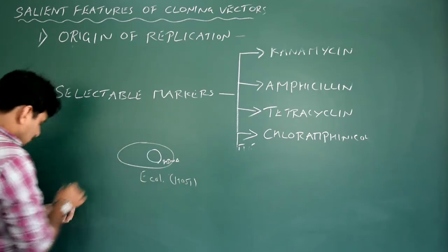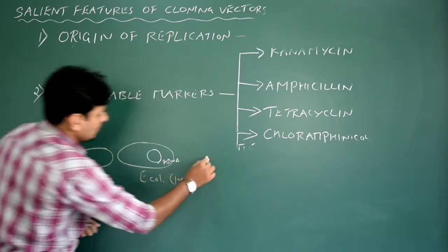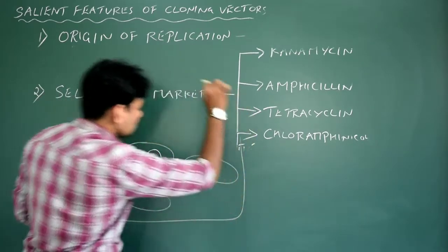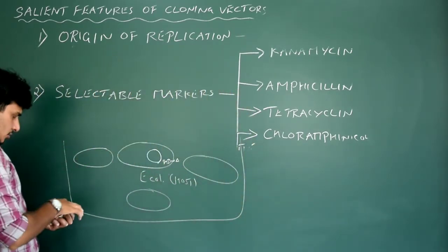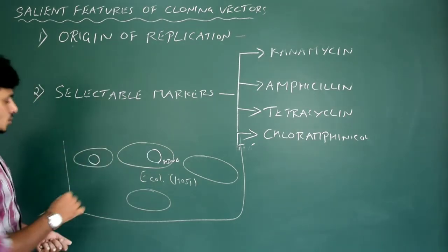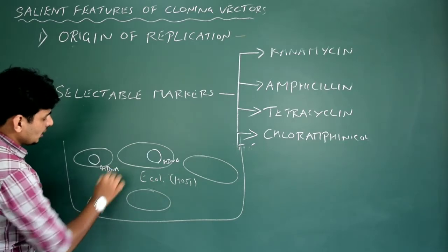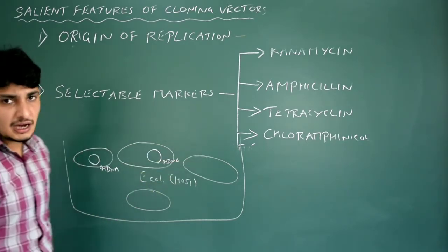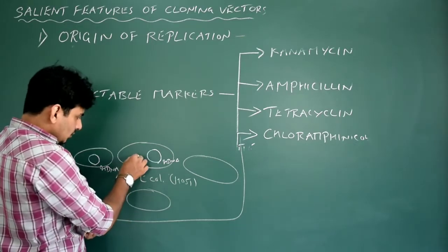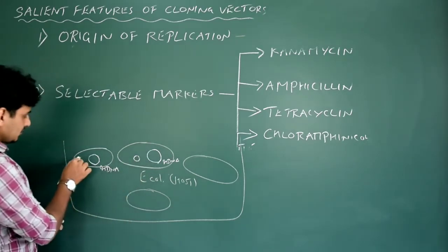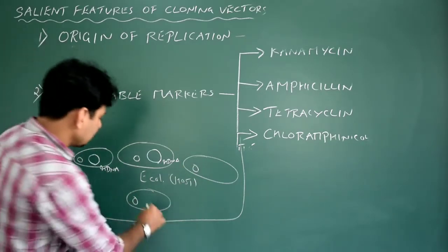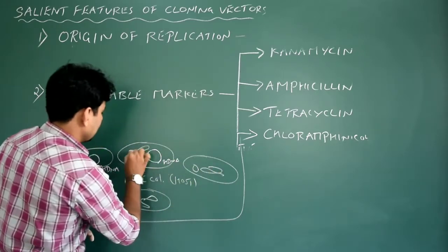So let us draw one more E. coli. I think we draw multiple like this. Okay. So this is now a Petri plate. Let us assume that this is the Petri plate. Out of 4, only 2 host organisms, E. coli, have taken rDNA and 2 failed to take the rDNA. So you cannot say anything here. But at the same time, please make sure that even this particular E. coli also contains its own plasmid. Yes, right? This white color one is the plasmid. It's a natural plasmid along with its main DNA. So this is the main DNA.